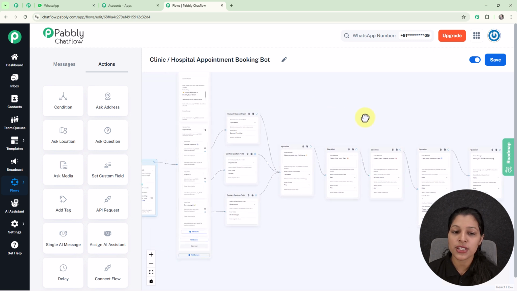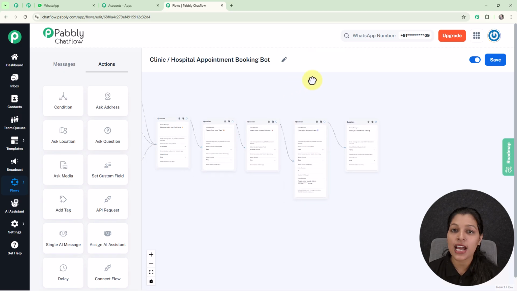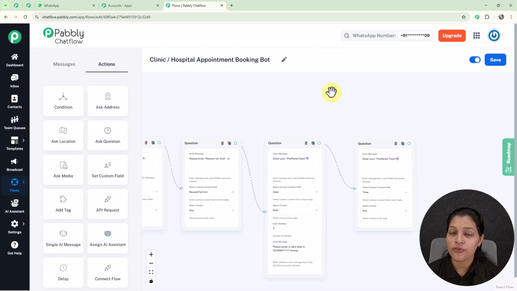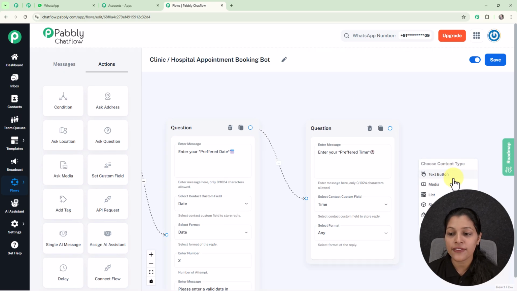Now as soon as my user selects any of these departments, they will be getting all these questions. And as soon as my user answers all these questions, I am going to provide an appointment confirmation message with the details which they have recently provided to me. For that you simply have to drag and drop, and here you can see we are getting this option